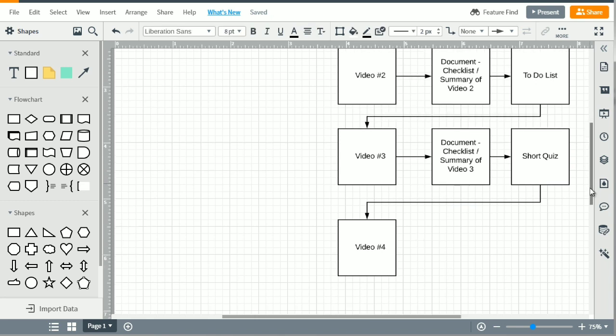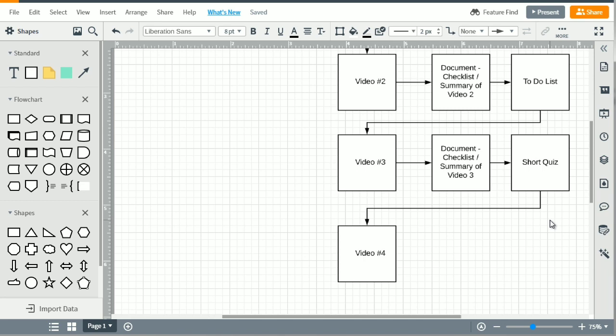Now, you could set it up so that in order for them to move to video 4, they have to get the questions right. But from our findings, a lot of times that can become frustrating, especially if they answer it wrong. So what that does is it makes things negative, and we don't want to create a negative environment. You want to keep things positive and keep them excited. So let's move from a short quiz to video number 4. So same thing here. We can do this here, and we'll do video 4